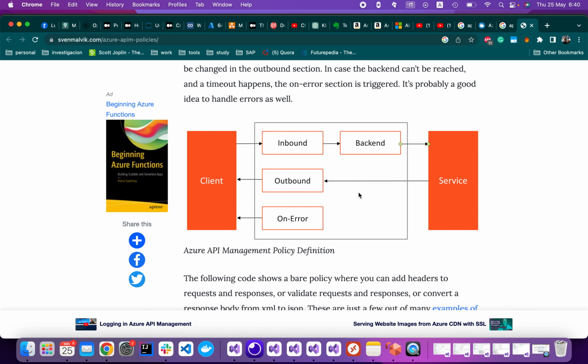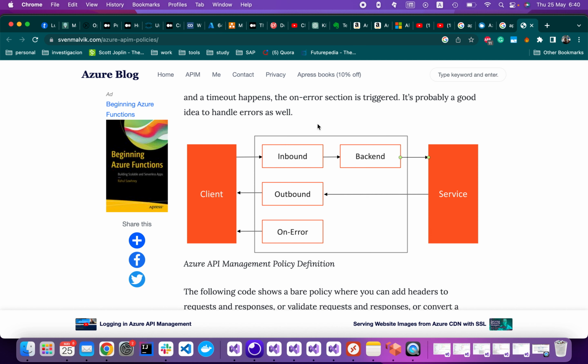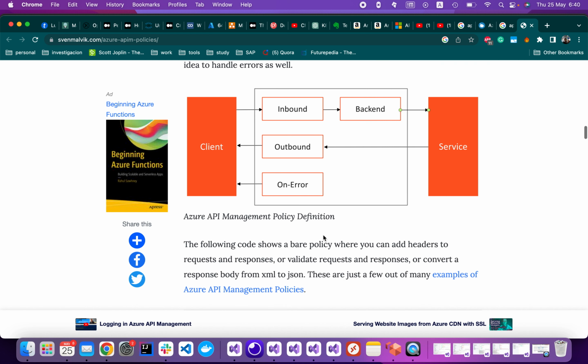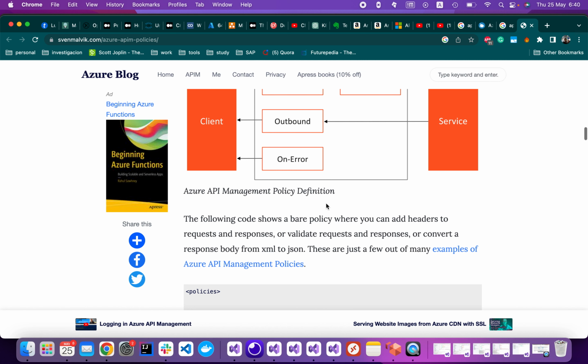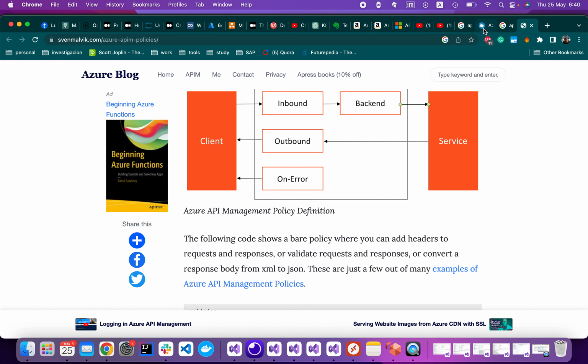For example, we're going to be creating some policies in the inbound for the JSON Web Token, and if it doesn't pass, it is going to return a 401 error. Also, this is going to be using the portal API,